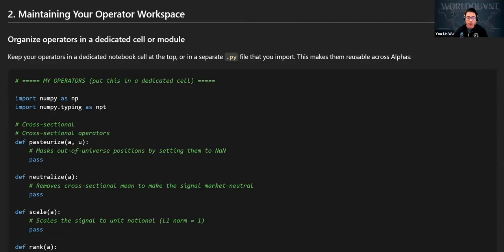It makes your future Python alpha faster to write, easier to review, and simpler to debug. The best practice is to keep all your operators in a dedicated notebook cell at the top, or personally, I prefer to keep them in a separate .py file that you can import for your BrainLab simulation. Don't scatter your operator definitions throughout your notebook. That way, you won't have huge trouble trying to identify which operators you actually coded before calling the alpha